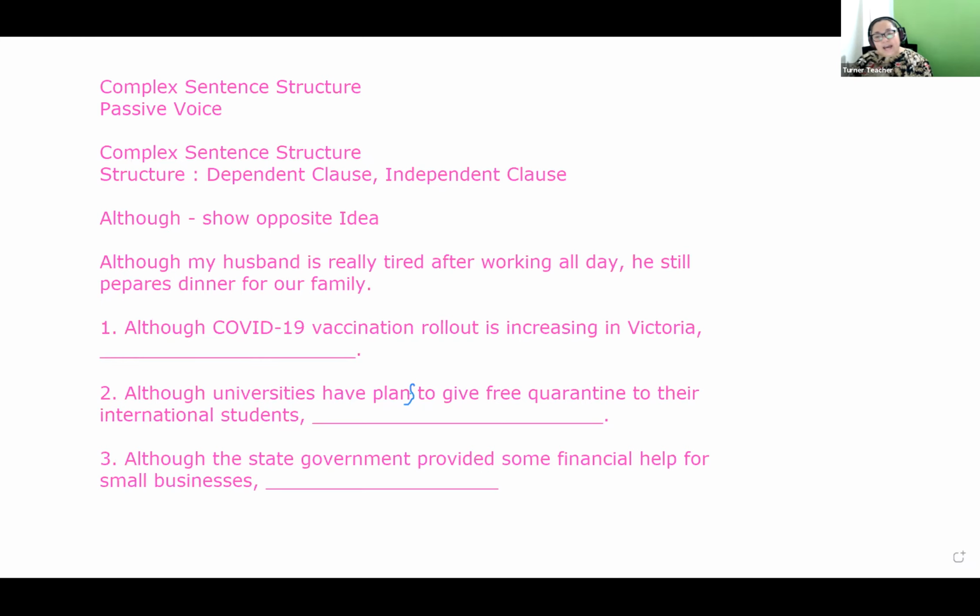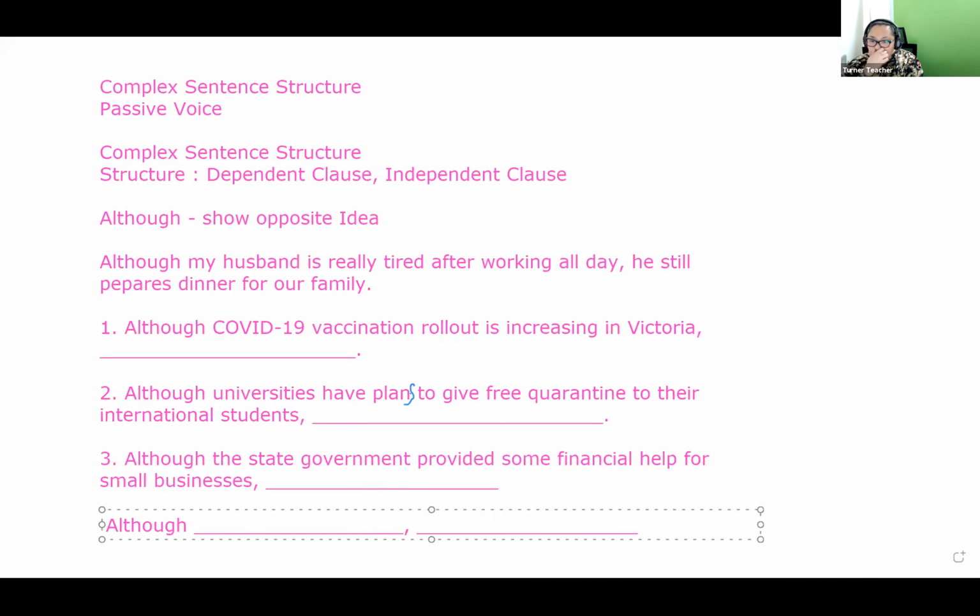Okay. Now, after you finish all these three sentences, write me your own although sentence. And I want your although sentence to be academic, not just any kind of although. So although, please write me a sentence. Opposite ideas. Okay. Although the state government